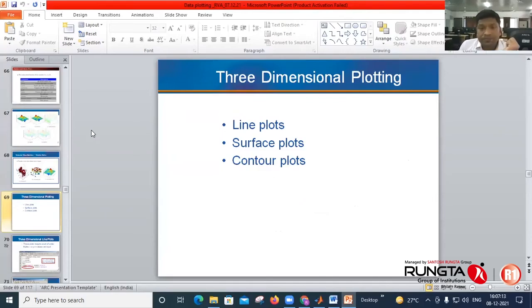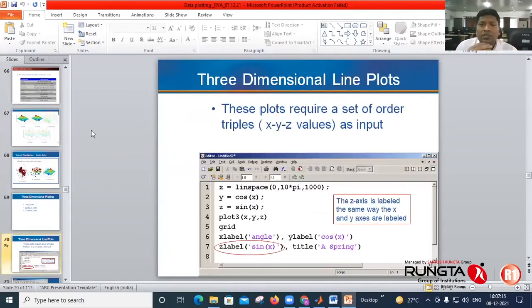For the three-dimensional line plot, these plots require a set of ordered triples: x, y and z, all three values. Then you can draw a three-dimensional line plot. Again, it is simple. Just as you define x, similarly you have to define y, and similarly define z also.